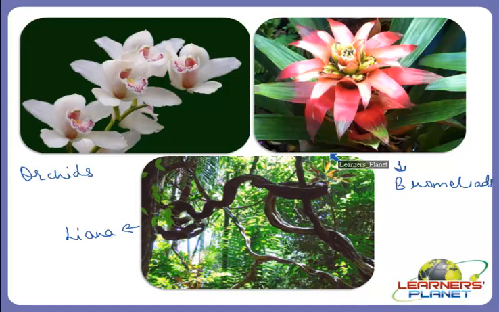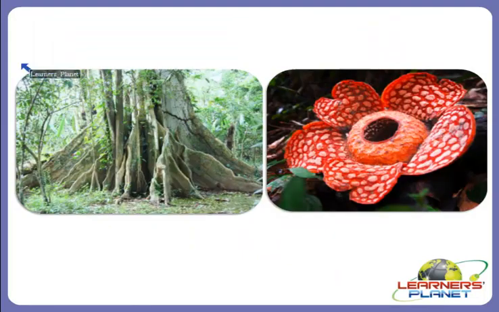Bromeliads are native to the Americas. Bromeliad leaves form a central tank where water collects, and tiny creatures like mosquitoes and dragonfly larvae, tadpoles, frogs, birds, and salamanders often live there. Some bromeliads grow in soil, but most of them grow on tree branches. There are other examples too, like we discussed drip tips, liana, bromeliads and orchids. There are other examples too, like buttresses.